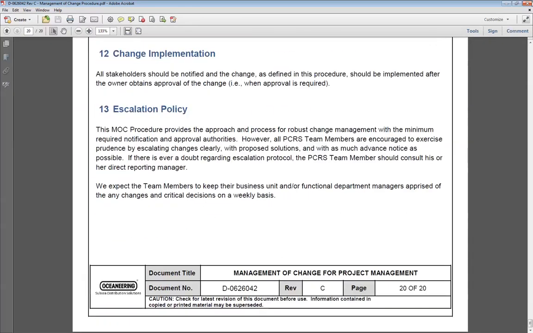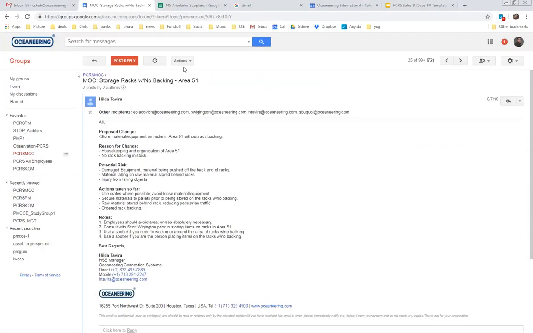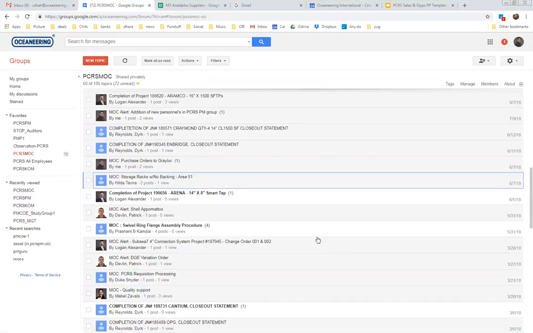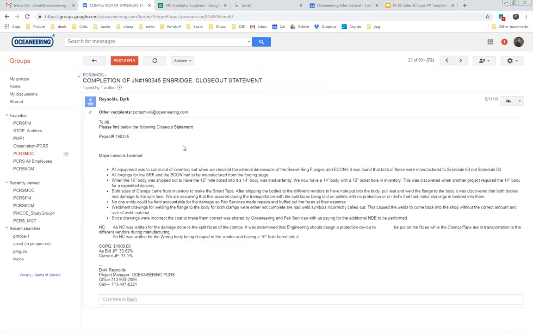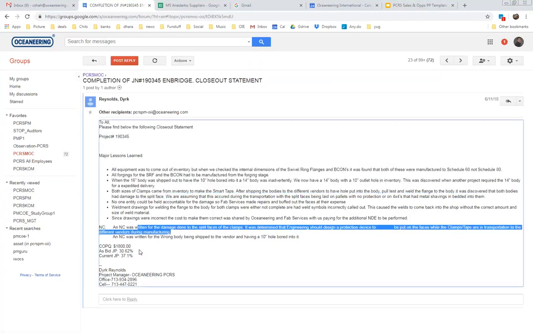We also do project closeouts, and project closeouts are also considered MOC. So you will see a completion closeout statement. Let's say this project got completed, you'll send an MOC out saying, this was the lessons learned, these were the NCs, this was the cost of poor quality, that was the as-built, that's the current JP. So that everybody knows the project got done, here are our lessons learned, here are the things which happened, here is how we ended the project. And this goes into a repository for lessons